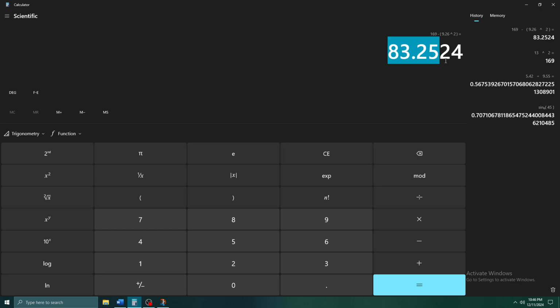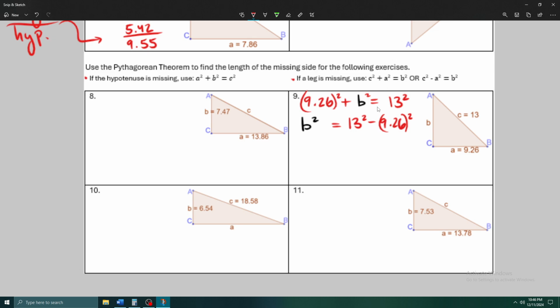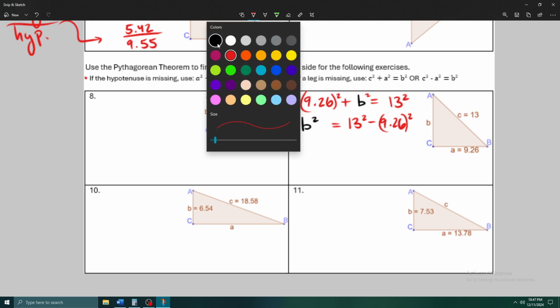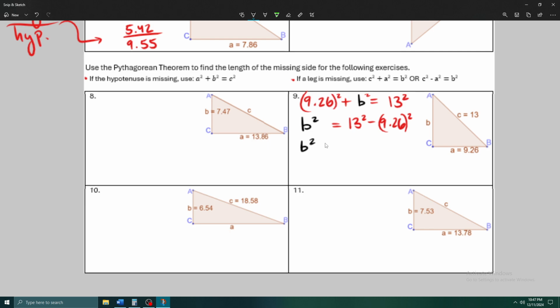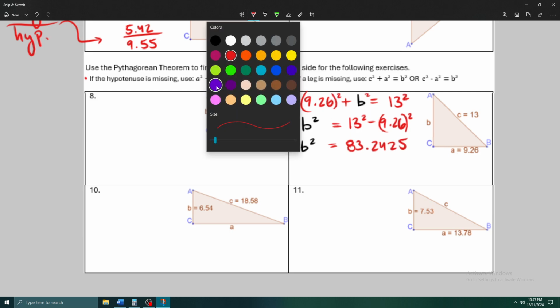And I get 83.2524. So here we can kind of see there's my 13 squared minus my 9.26 squared. So that's c squared minus, in this case, a squared. C squared, so 13 squared minus 9.26 squared, right? So I get that b squared is equal to 83.2425. All right, and then the last thing that we need to do is we actually need to take the